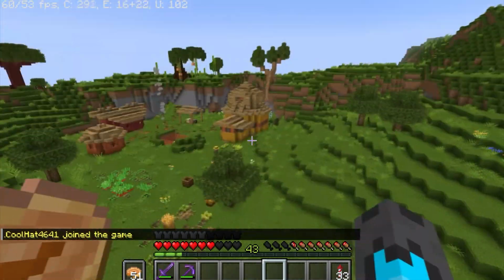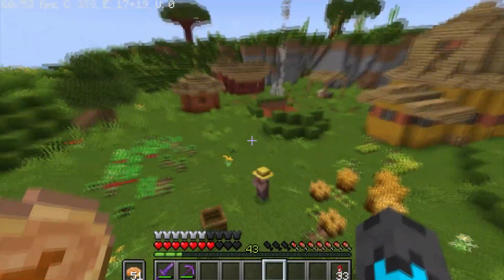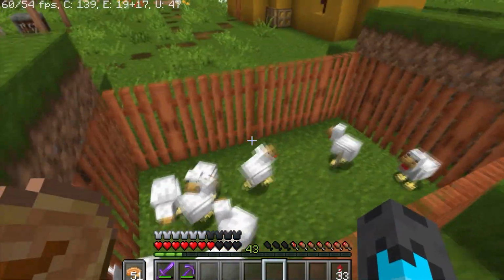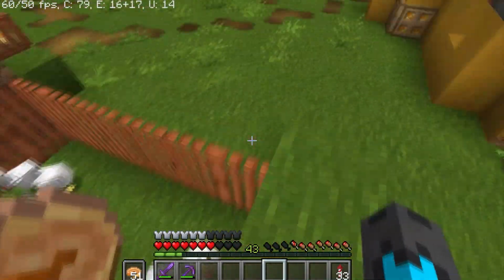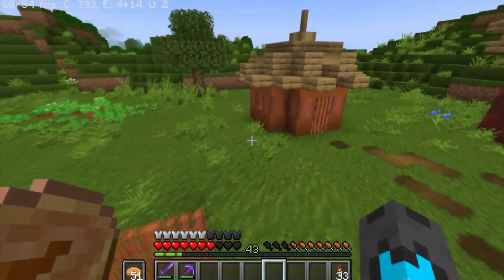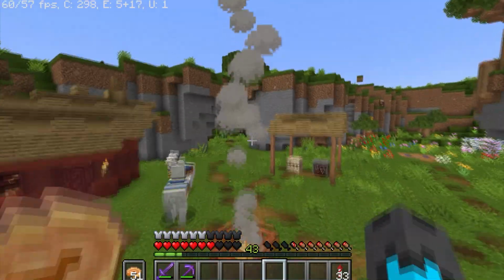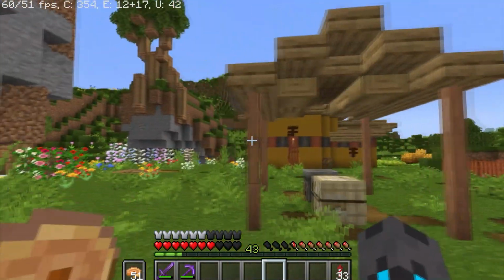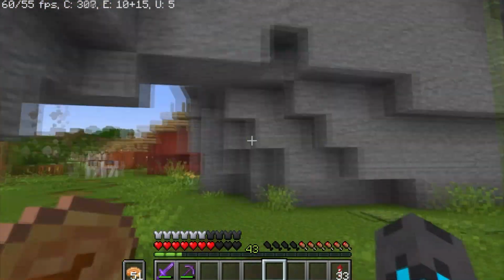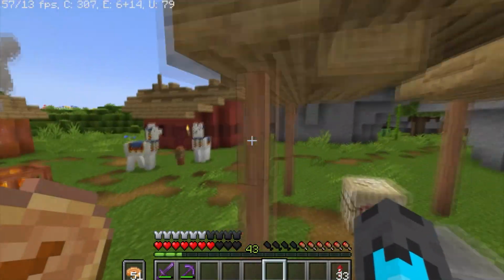Here's another little lore structure I built. There's no... well, actually, I think there is a book here. I think it's in that main building there. I built this nice little chicken pen. I like how this looks like a slat fence. And because it's too tall, the chickens can't get over. Got the little houses. Workstations under a canopy. And then you got the natural areas, with the big trees, flowers and melons and...